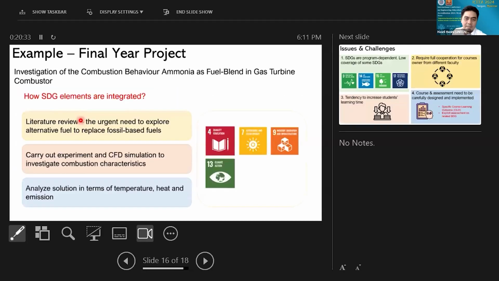Okay, and then we can have many other possible examples for the integration of this SDG. So throughout the process, let's say for final year projects, students start with the literature, then they develop their methodologies until they solve the problem. We can always tie that up with any of the elements of SDG. So at the end of the day, when the students are drafting the report or the thesis, we want them to understand that each of the steps needs to be referred to the importance of any of the SDG elements. This is just one of the many examples.